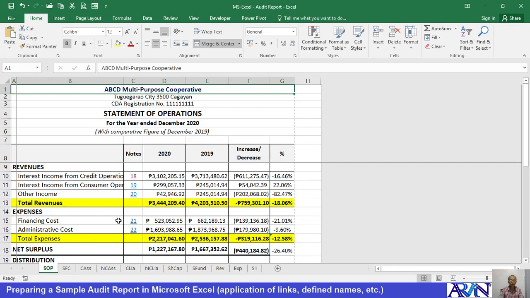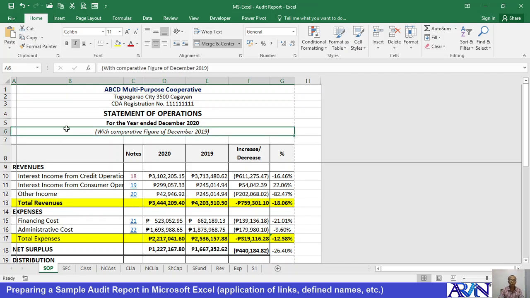So with this kind of workbook, an audit report that you prepare, your presentation of the audit report for a certain company would be more organized, and you will have a smooth flow presentation because all of the notes are linked to other sheets for better view, instead of printing all of these documents and giving them individually to the people in the top management or to the board of directors or to your audience while you are presenting the